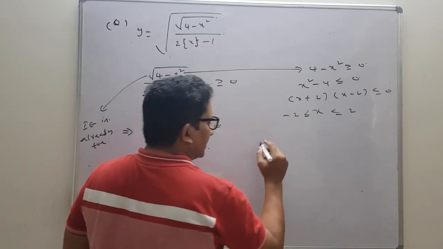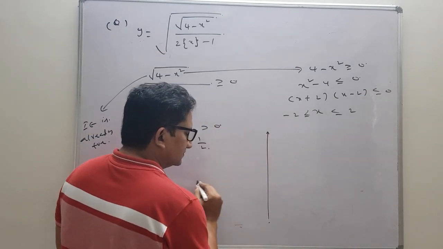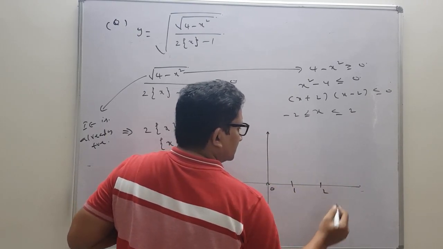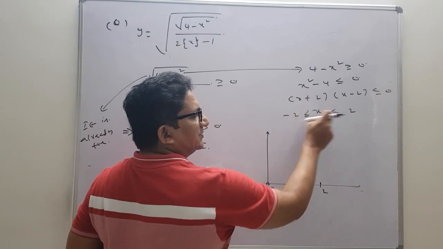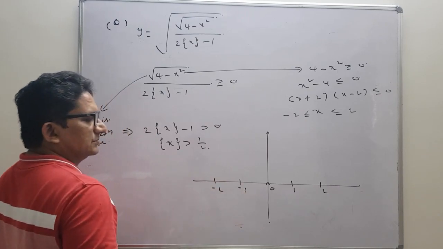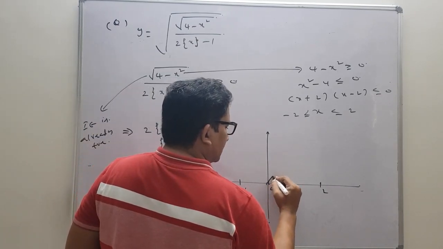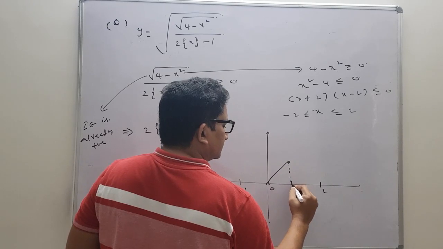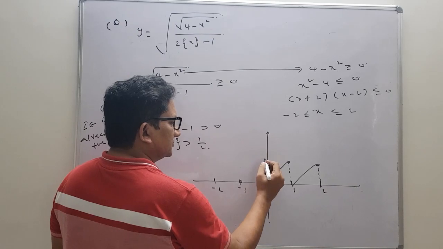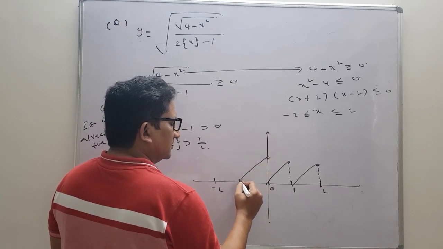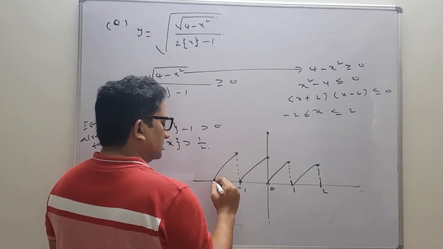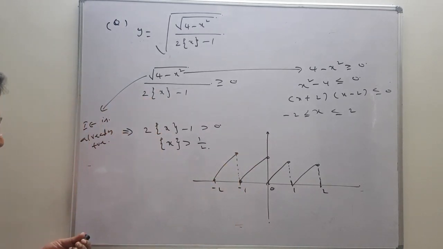So here again we will take the graphs. While drawing the graph, no need to take all the values because the restriction is already there, x should lie in between minus 2 and plus 2. So we will take in between those two only. Now if you draw the graph, we will get a graph like this type. A rough sketch actually.